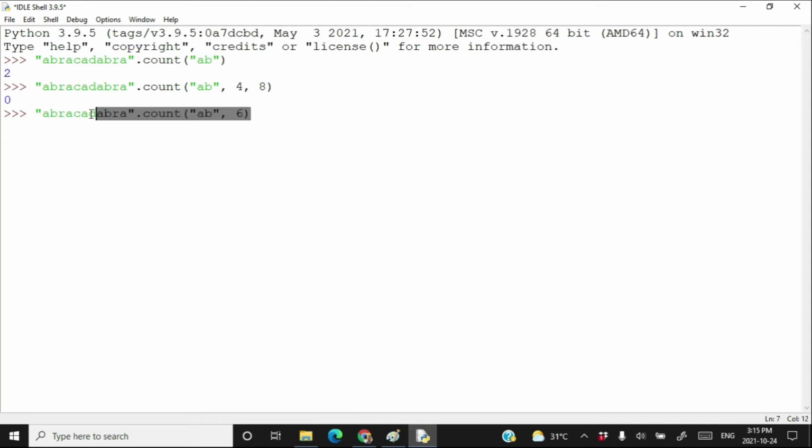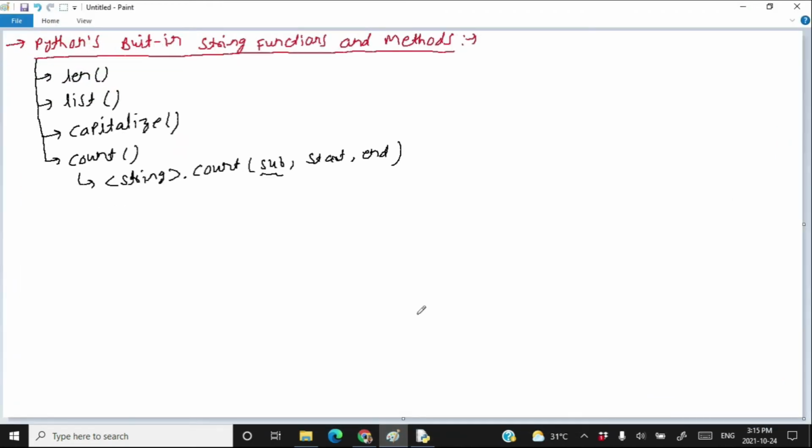You have to start counting AB from this point, and you can go up to the end. Here the substring AB appeared once. Therefore, when you press enter, you get 1. Therefore, we can say that the start and end parameters of the count method are optional.